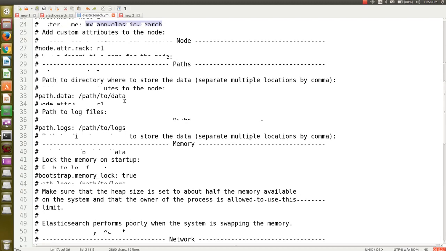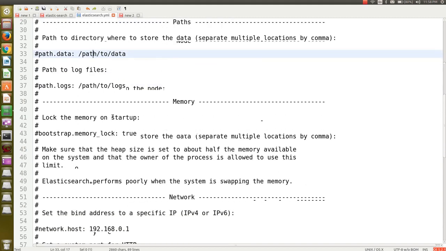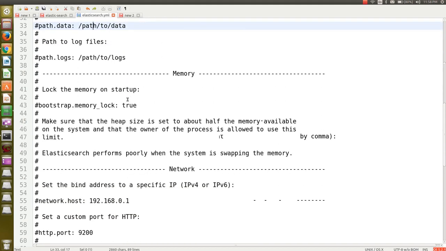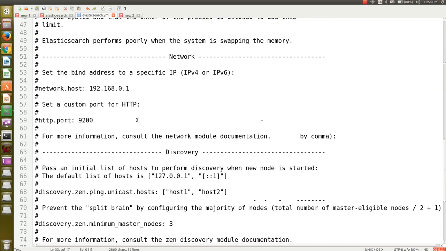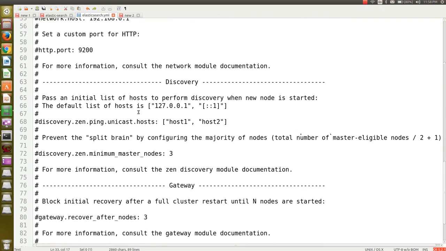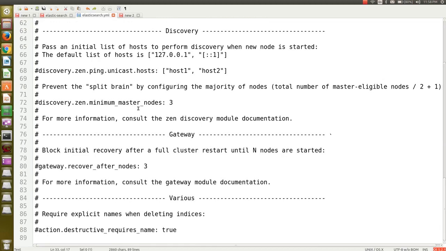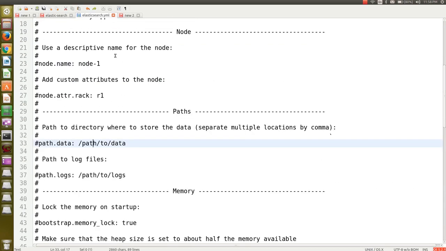If you want to make it a common file path where you want data to be shared, or you want to have any external drive path which has a backup and all those things. Path to the logs, default network host for IPv4, the gateway, and all those things.